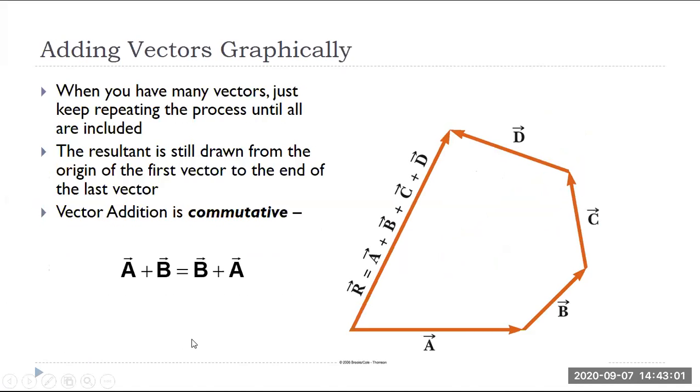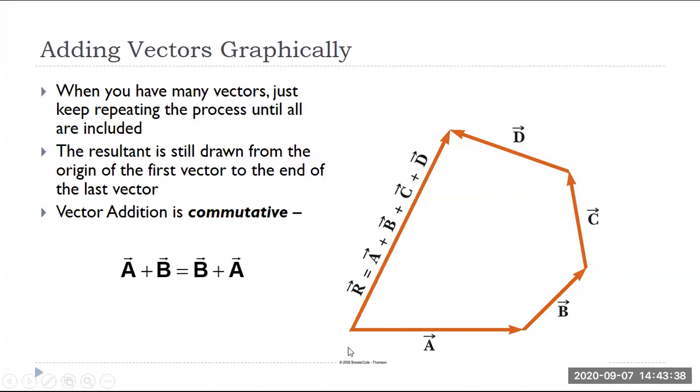The other thing to keep in mind is that it doesn't matter how many vectors you add together. If I add A plus B plus C plus D, as long as I keep connecting them head to tail, the resultant vector is a vector that starts at the tail of the first vector and goes to the head, or the tip, of the last vector. Adding vectors is also commutative, so you can do it in any order you want. I could have done A plus C plus B plus D, and it would still give me this same exact